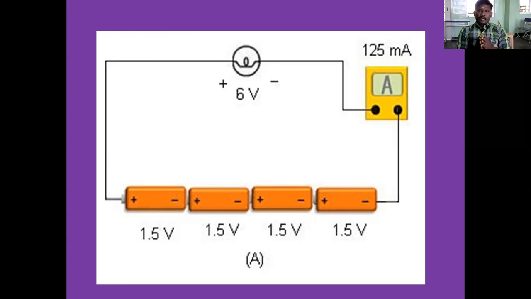Okay, so in this combination, I am connecting 1.5 volt cells in series combination. From that combination, we can get a 6 volt supply. We can draw 6 volt voltage from the combination. So this is a series combination. If you connect low voltage cells in series combination, the final output is high. Remember that the final output is high in the series combination.